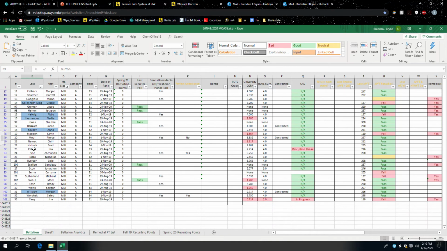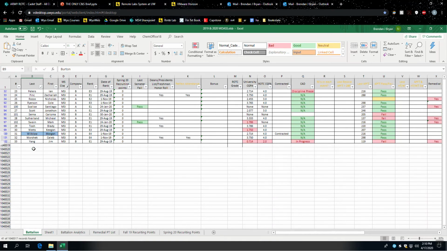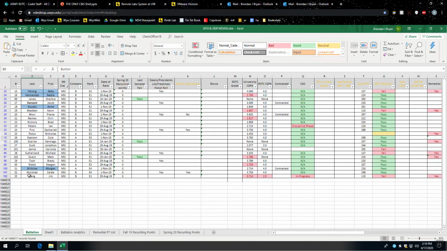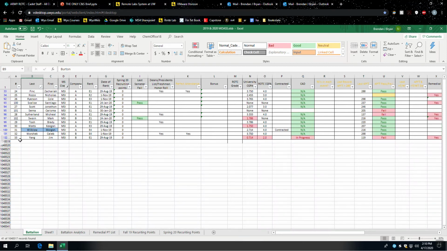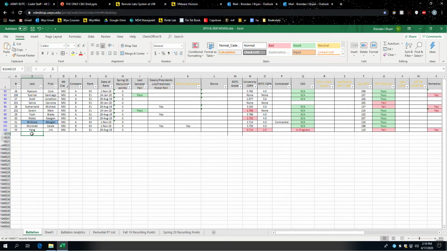And it will, or it should, and you're just going to have to add people if they're not on the list. So you're going to have new freshmen in there, and you're going to go to those rows I made, and you're going to fill them in. And then if someone's gone, all you're going to do, I should have made an extra row. But if someone's gone, so here we have Brian 12,